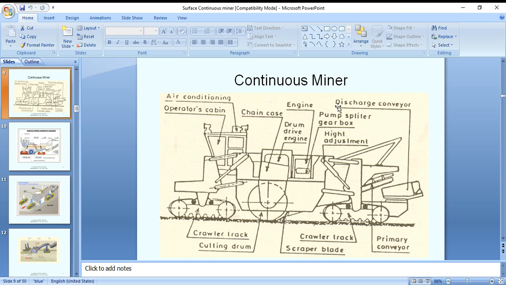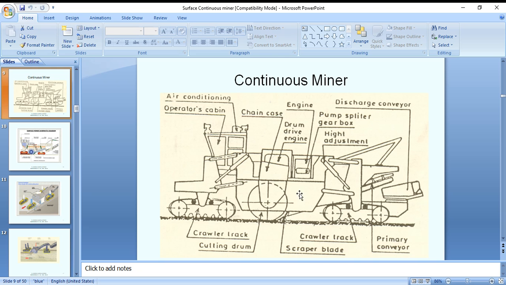Now I am going to show the complete structure in line diagram mode. I have given the pictorial view here. You can visualize all the parts, and the major activities and functioning of each part can be easily understood by seeing this picture. So this is a continuous miner. We see one set of crawler tracks, and in the middle is the cutting drum. On the other set of crawler tracks, a scraper blade is there. Once you cut, the material in the middle will go like a scraper bowl.